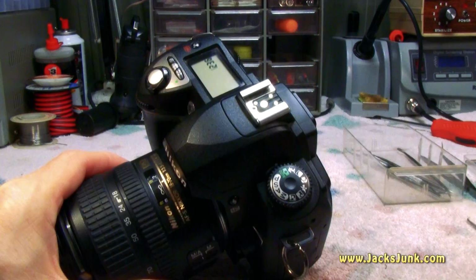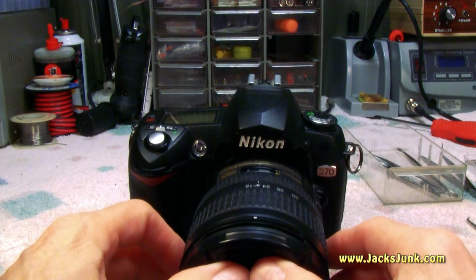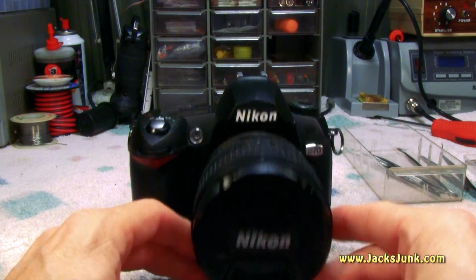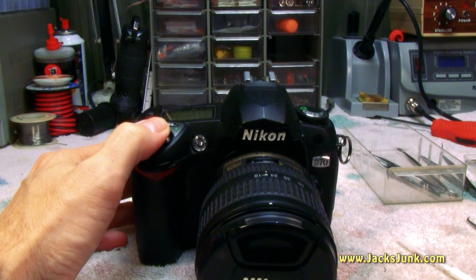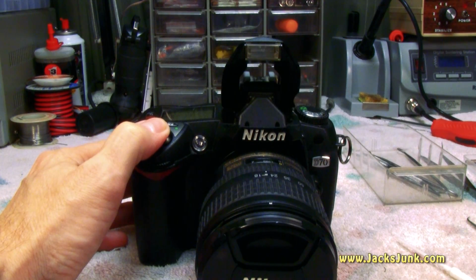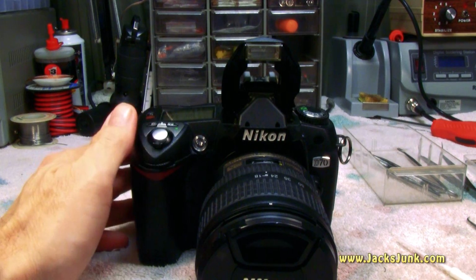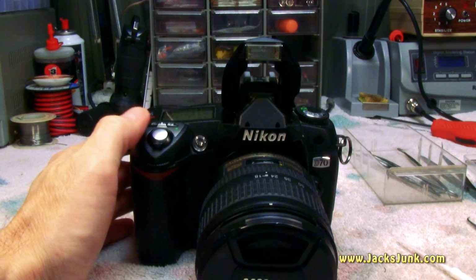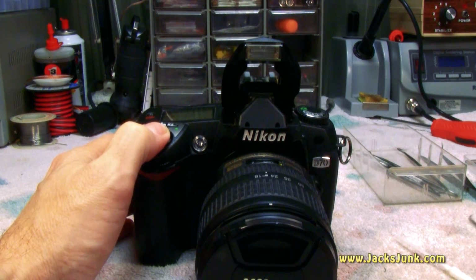a simple test. Set your camera to auto mode, have it in a dark area, or in this case I've got the lens cap on. I'll turn it on, press this halfway in, the flash should pop up, and so that alone tells us electrically it's functioning. I'm sorry, the other way around. So now we go to push this, and you notice